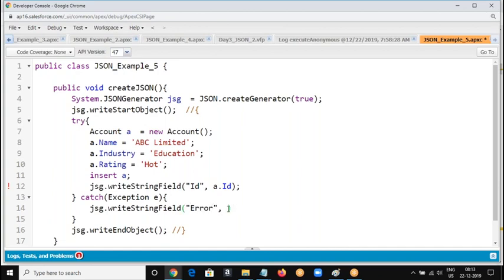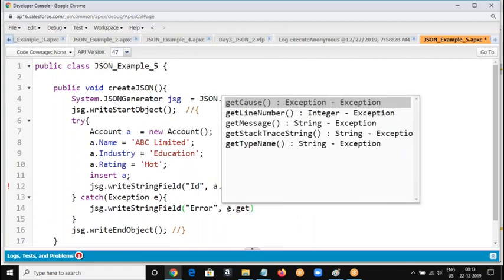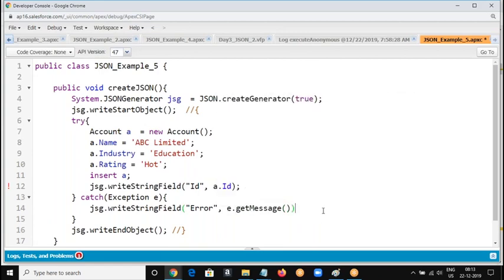Error, some error message, e dot getMessage. Am I right? It's going to return a string. Okay, and similarly, if it is successful,